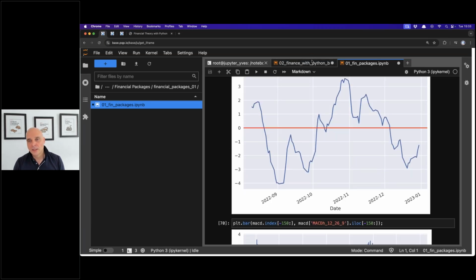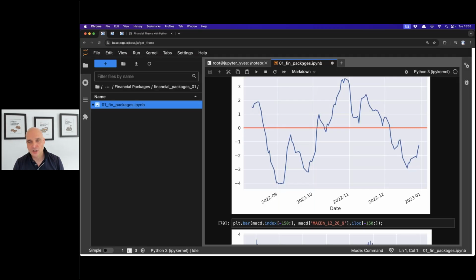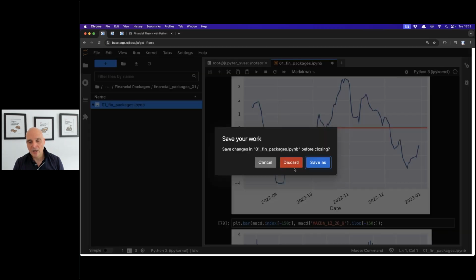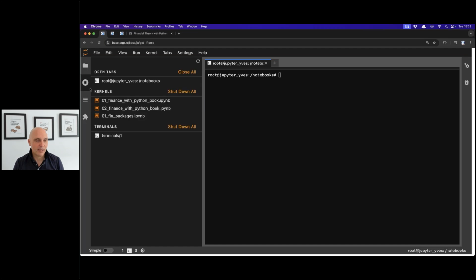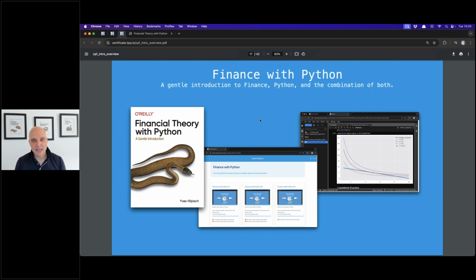Yeah, that much about it. I don't want to save it here. This is now the case. I discard my changes. Here the same thing, right? When I go and click on it, I say discard and it's done. But here the kernels, of course, are still running, and I might go and shut them all down. So that much about the very basics of navigating the infrastructure in the form of the Quant platform,